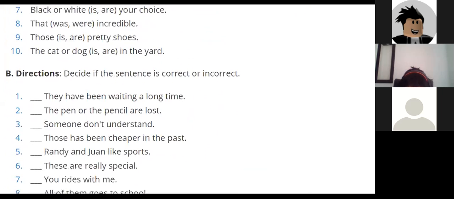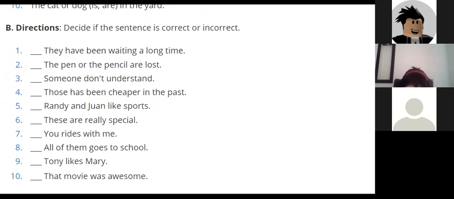And in the second exercise, all you have to do is decide whether the sentence is correct or incorrect. If it is incorrect, you are requested to correct it. There are two more exercises which I have posted in your Google Classroom. I'd like you to attempt those two as well. Okay? After the class, right after the class, I'll.